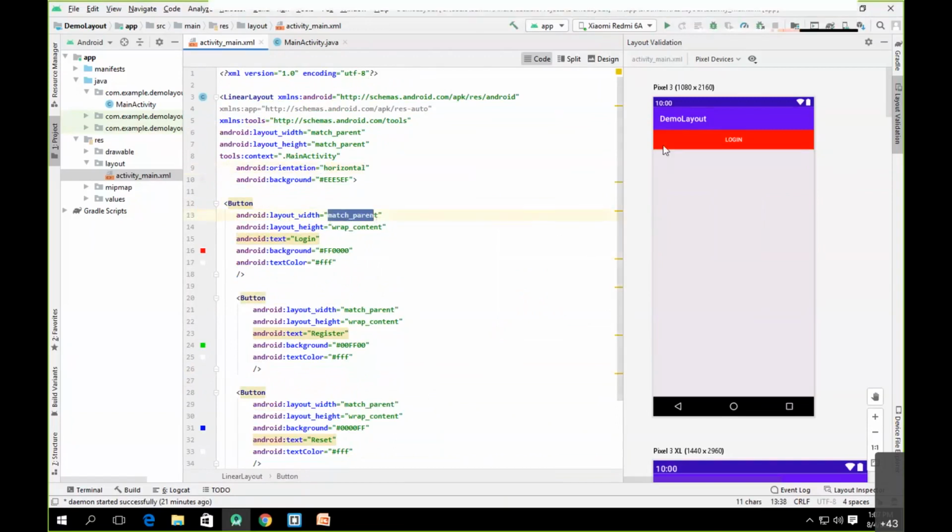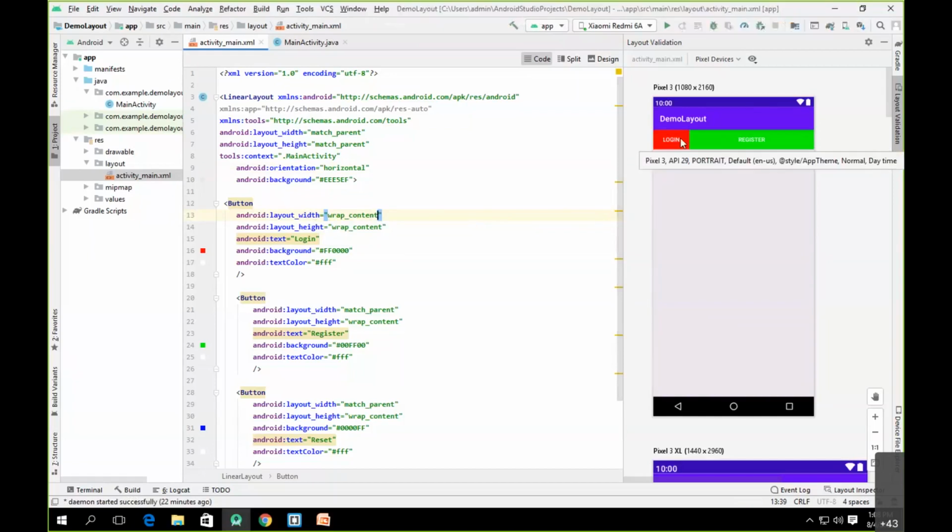So that's why this first button is occupying the entire width and the remaining buttons are overflowing our visible screen. So let's modify this width from match parent to wrap content. Once I change the width to wrap content, it will occupy the width in such a way that it wraps around its content.